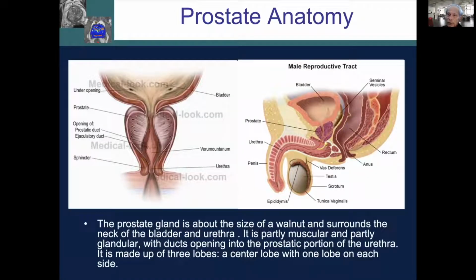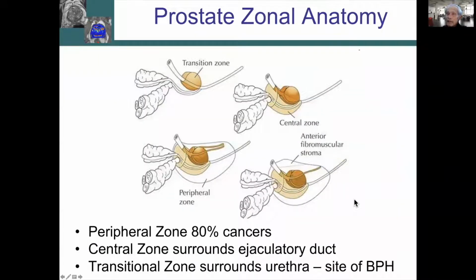And we certainly all know where the prostate gland sits, just beneath the neck of the bladder. The zonal anatomy is something we should also review. We know that the peripheral zone accounts for about 80% of prostate cancers in terms of their location. The central zone surrounds the ejaculatory duct, and the transitional zone surrounds the urethra, and that's the site of BPH,